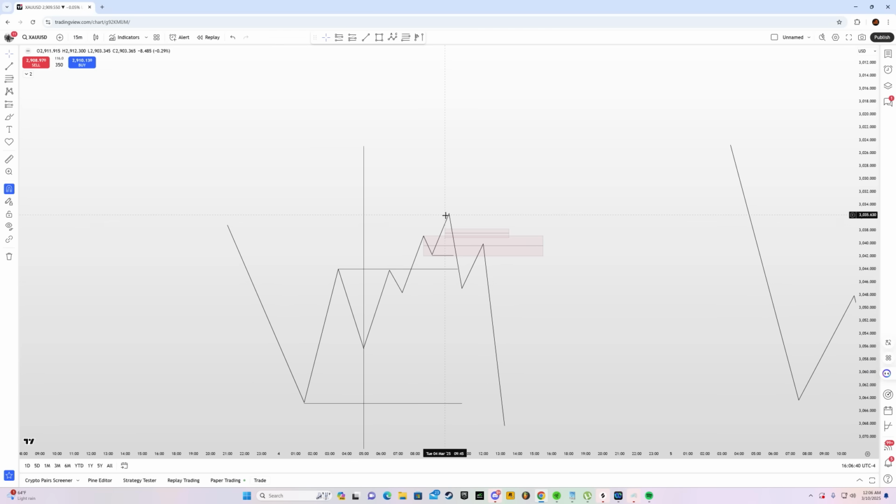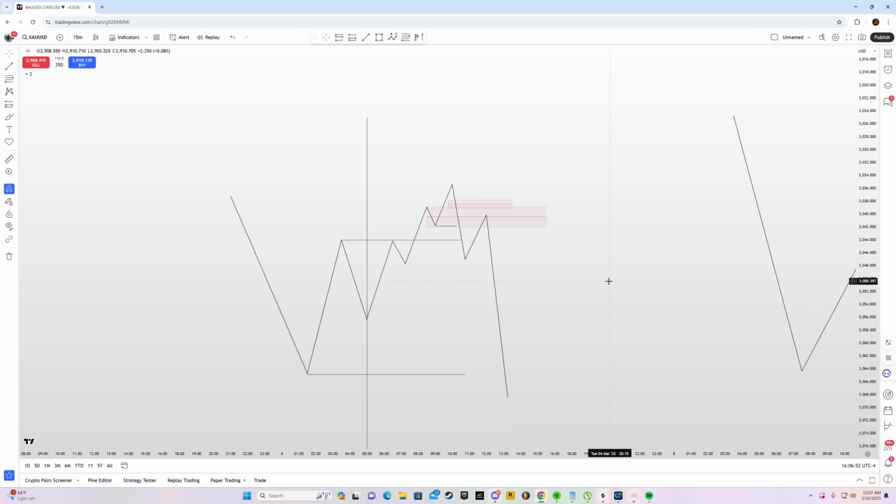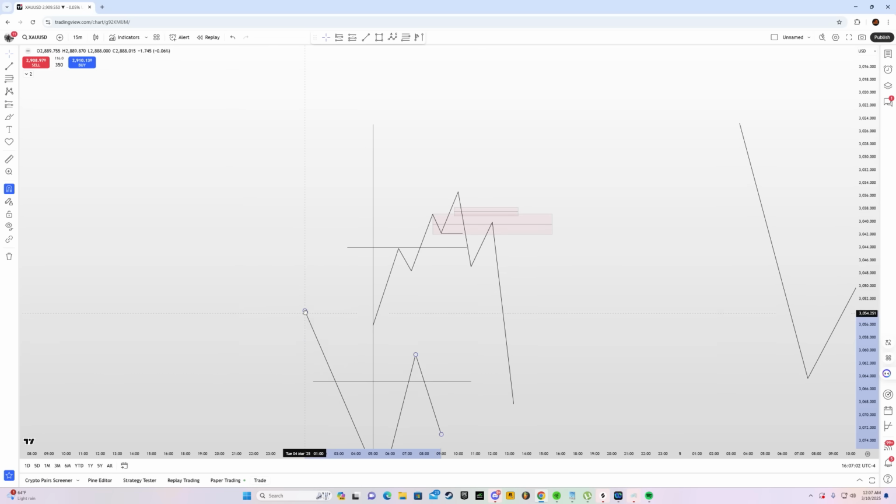And we want to look for the sweep after the 8 p.m. open. So when we have a sweep, we can look for a market structure shift with displacement, and we can take our entry from a breaker block, or if you want to increase your risk to reward ratio, you can use a fair value gap. Very, very simple stuff. Now, another thing that you can do is use standard deviation to identify